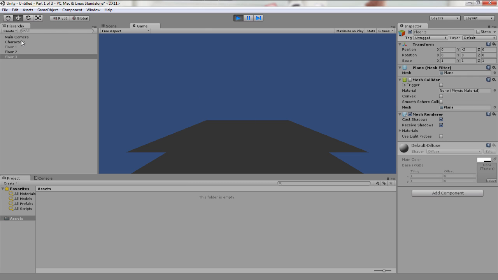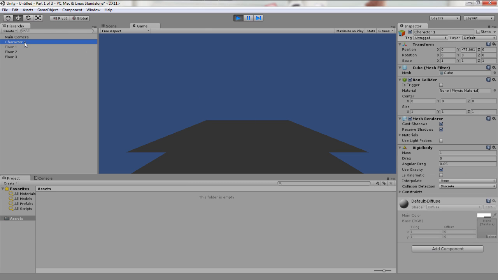If we select character 1, you will see its position is constantly falling, and it will fall forever and ever and ever until the computer runs out of memory space. And this would probably be some sort of, I would assume maybe a float number or something, so it's going to fall for a long time, and that number will get very low. So that's what happens if you uncheck